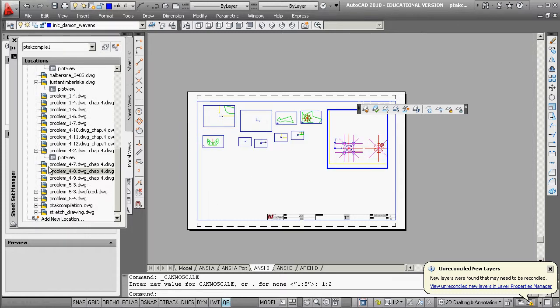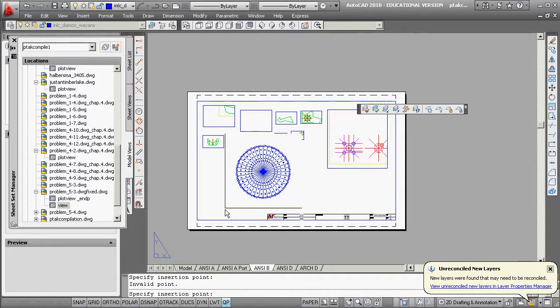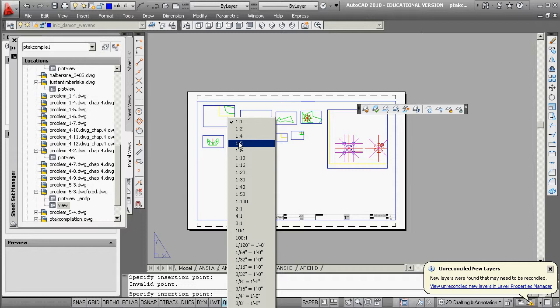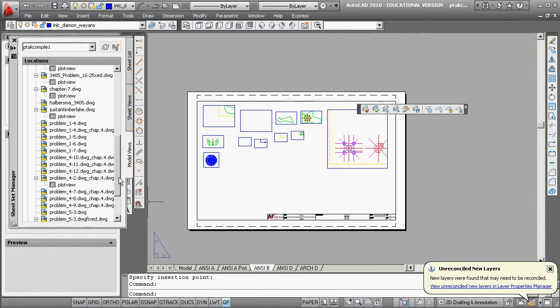That's kind of huge, just so you know. Right click, okay, right click. Maybe it doesn't work like I said it did. All right, so we'll try a couple more. Finish out here. Plot view endpoint, we'll bring the view in, right click, okay, right click, scale, you're going to go 1 to 5, put that someplace here,